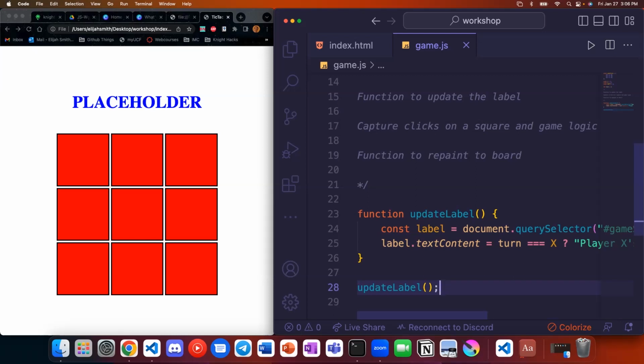Most of the things, if you're using JavaScript on your front end, will happen later on. JavaScript is an events-based language when used in the browser in particular, which means we listen for events. So our script is still running. It will have run from top to bottom, but it'll still be listening for things. And when those things happen, then it goes back into the script. It grabs the function you tell it to run when that thing happens, and then it'll execute it and do some other stuff. So it goes top to bottom, which means eventually you get to updateLabel. But the other things we want, like capturing clicks on a square, that'll be an event. We listen for the click event, and then we tell it when that happens, I want to do all of this game logic. And we'll do that very, very quickly here.